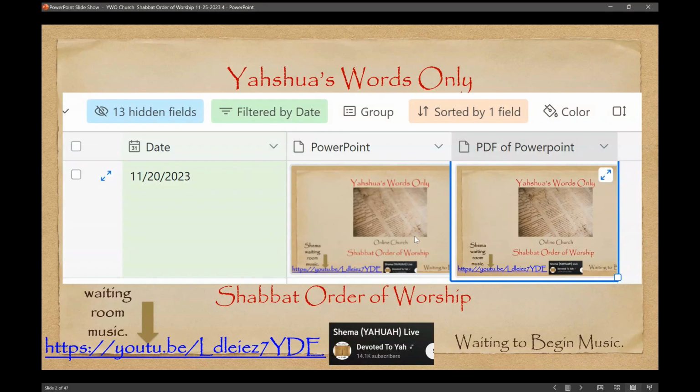All right, so now I want to show you how I'm going to get the PowerPoint and the PDF to you. I have Airtable, a very great database, and it's free. For the basics, you get everything you need most of the time, unless you're a business person. You may need more. Anyway, you'll see this in the link I'm going to provide in the description to this video, and then you press that link, and it will let you choose to download a PowerPoint or download a PDF. Either one will work, and that's as simple as it is. Just double-click either one of these, and then you can have that for the future,